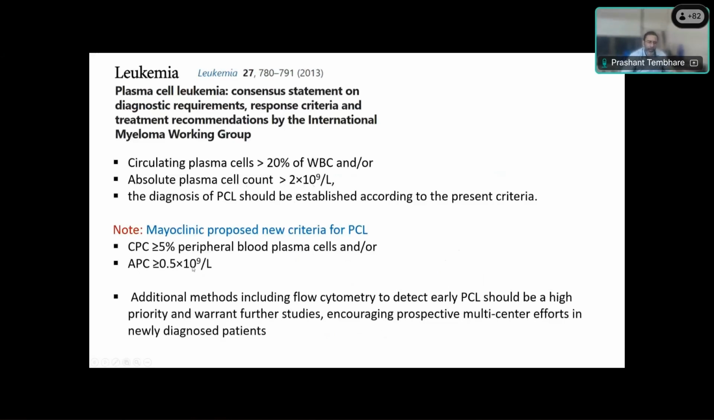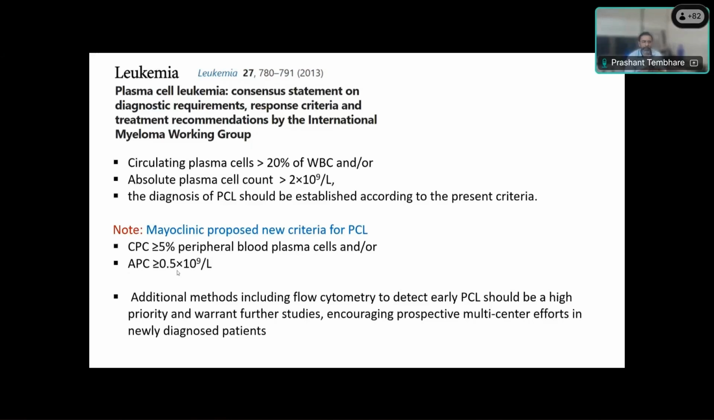But now the method is modified. In 2021, in Blood Cancer Journal, the IMWG published another paper which shows that the criteria changed to 5%. So if you have more than 5% plasma cells or more than 500 circulating plasma cells, it is defined as plasma cell leukemia. So the current definition of plasma cell leukemia is